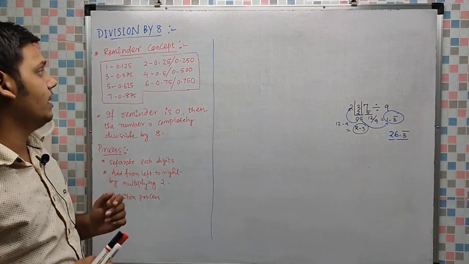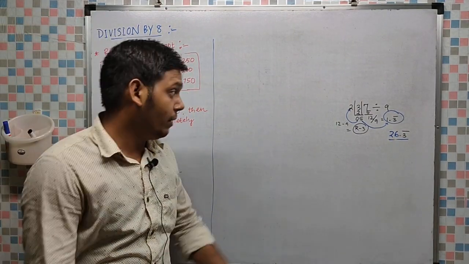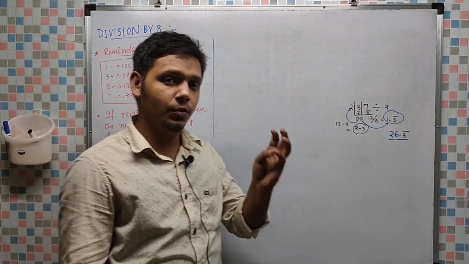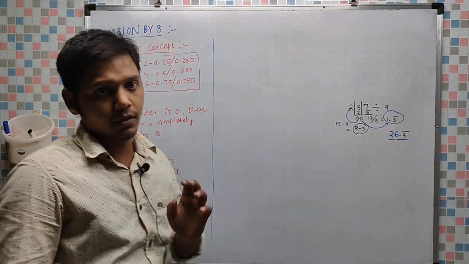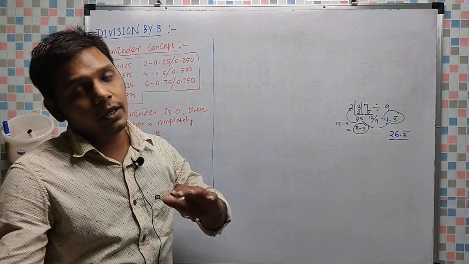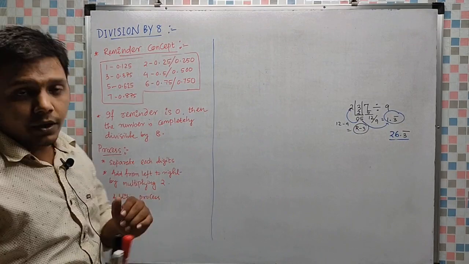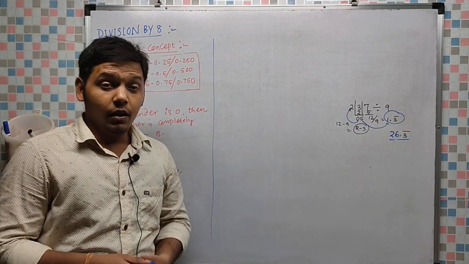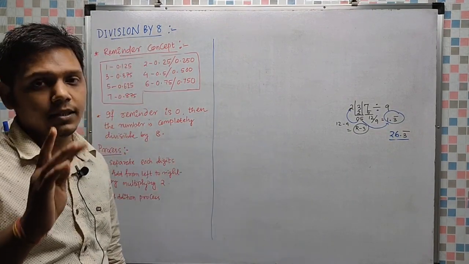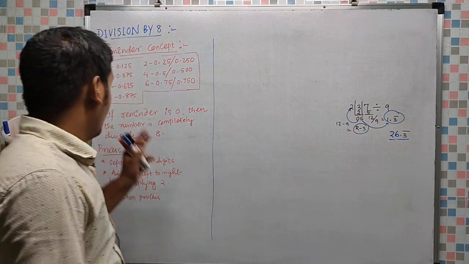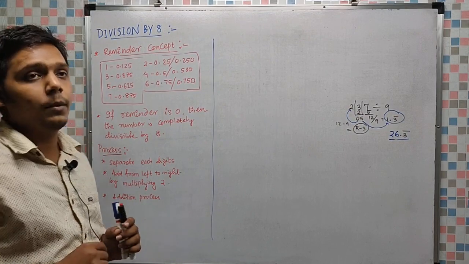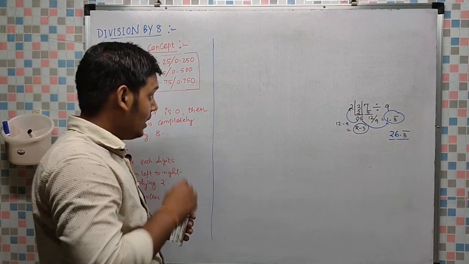So first I have written, when we are dividing by 9, 9 possible remainders are there: 0, 1, 2, 3, 4, 5, 6, 7, 8. 9 cannot be the remainder, because you are dividing with 9. If it is, then you can take 9 one more time. Similarly, when you are dividing with 8, 8 possible remainders are there: 0, 1, 2, 3, 4, 5, 6, 7. I have written these values, and where you have to use them, I am going to tell you. So first see how 2-digit numbers are divided.